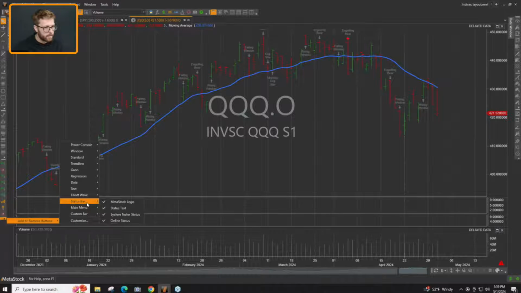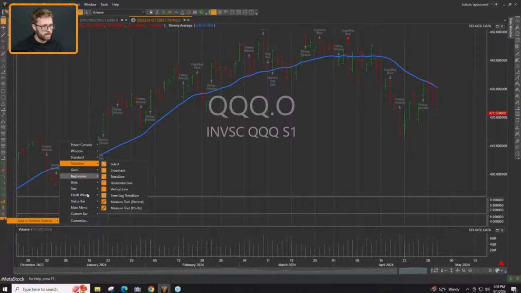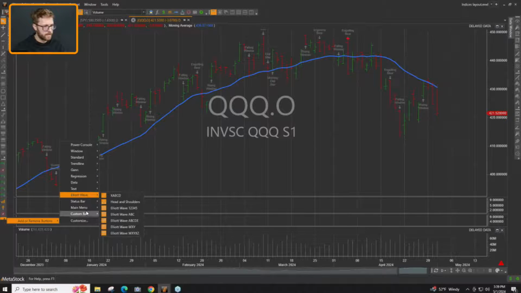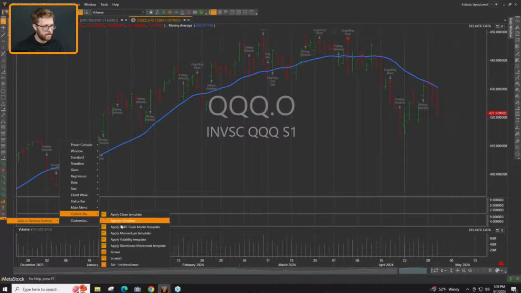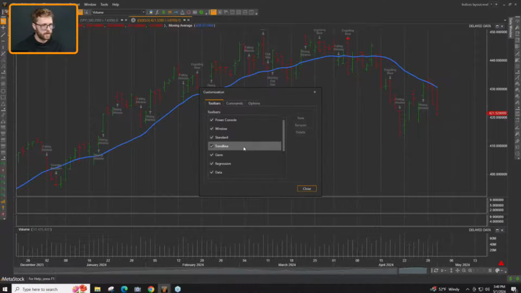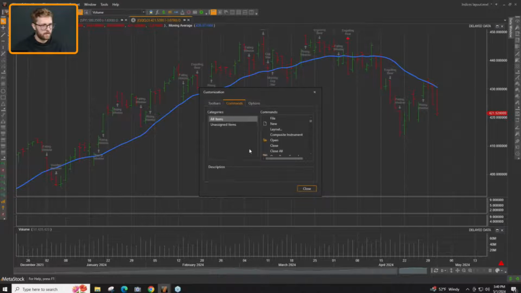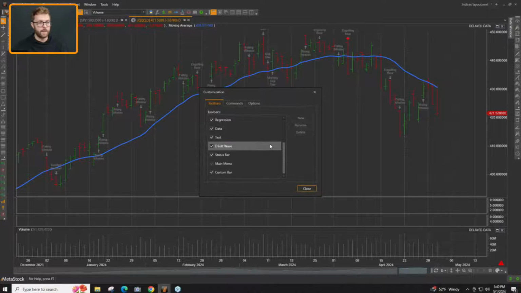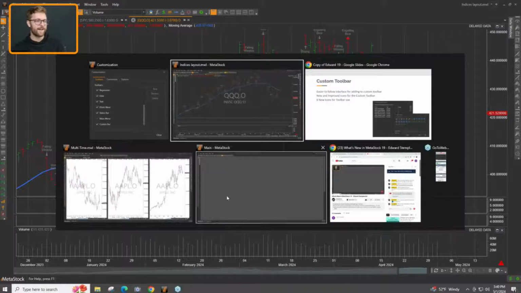Well, this is something I probably should have done beforehand, but I think I am just not seeing it. Custom bar. Try this again. Okay, I don't know what I'm doing wrong, but anyways,